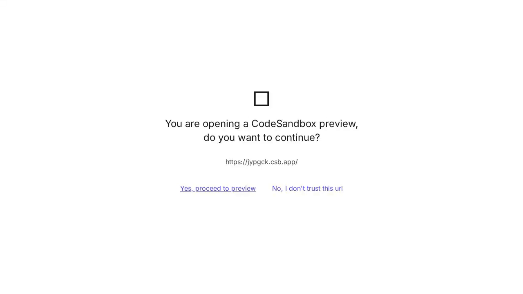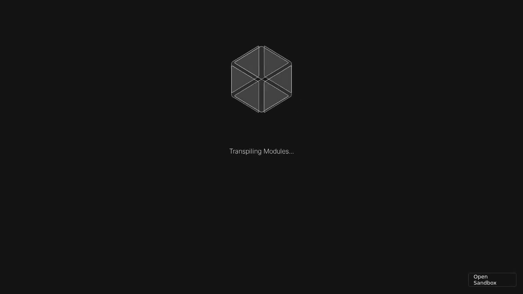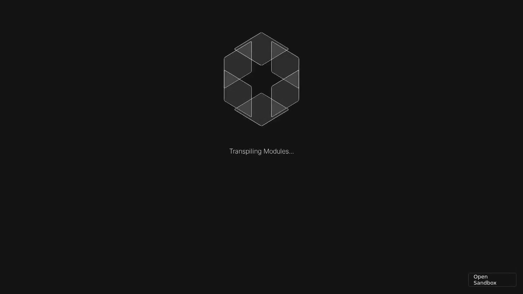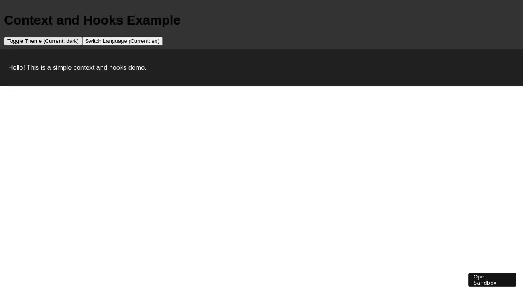Let's walk through a demonstration of our application in action. Upon loading, you'll see a header displaying "Context and Hooks Example," with buttons to toggle the theme and switch languages. Initially, the app displays a light theme and English language. Clicking the toggle theme button changes the theme from light to dark, providing immediate visual feedback. Similarly, switching the language button updates the text to Spanish, showcasing how context allows seamless state transitions across components without